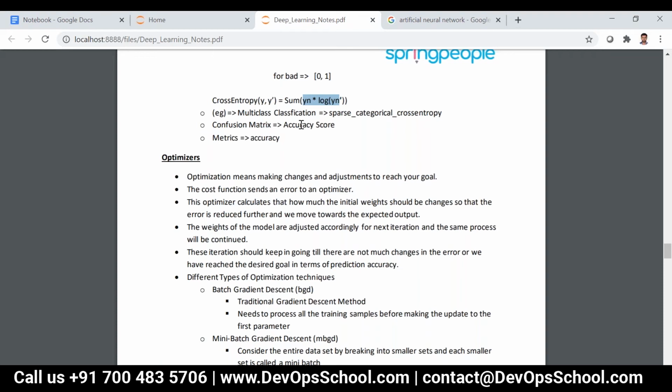So it goes on and on until we have the number of hidden layers, and then finally, at the last layer, it will check the output by measuring using a particular metric, like cross entropy for classification, and MAE or MSE for regression problems, and that will produce some accuracy.